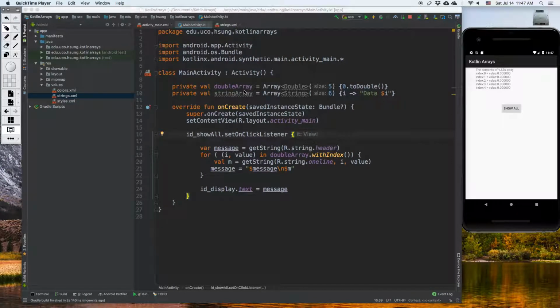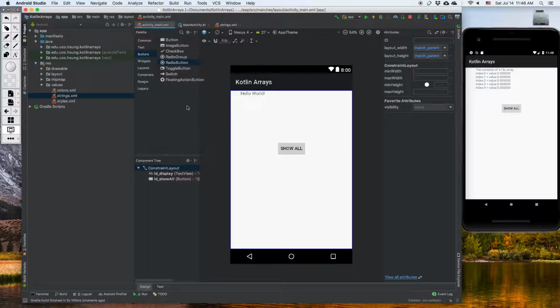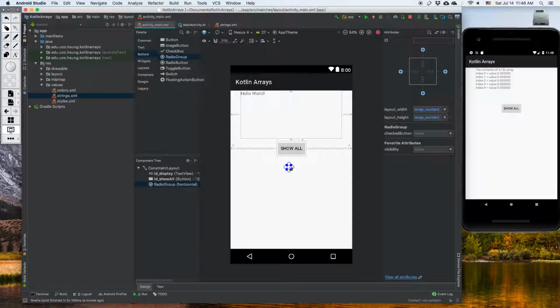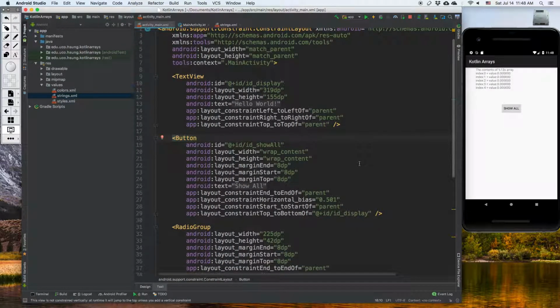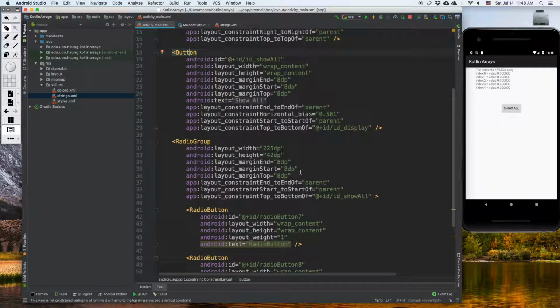Since we have two arrays, let's add radio buttons to choose which array we want to display. So in layout, let me give a radio group below the button and snap it to under the button, to the right, to the left, make it a little bit bigger. Then let me add one button, another button, and then if you remember, I need to edit the radio group